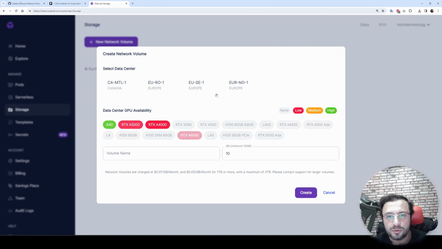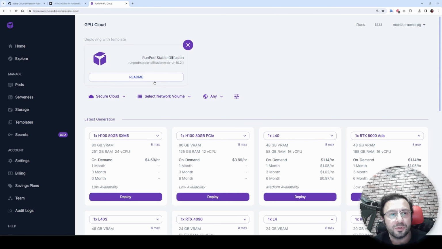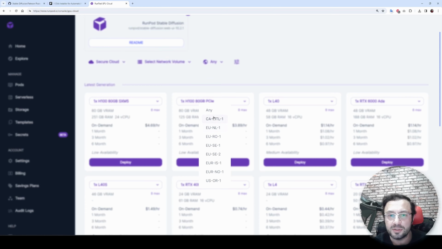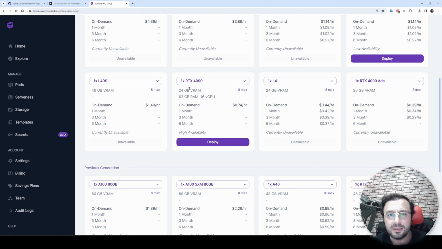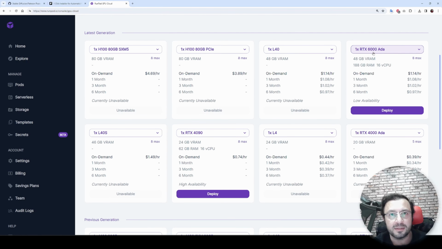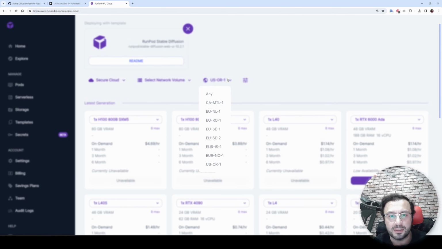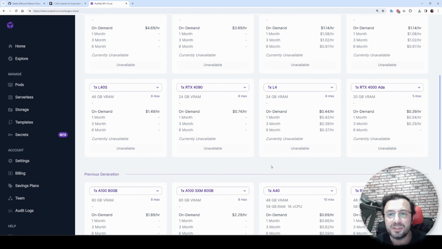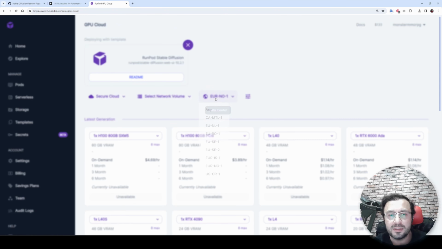Before selecting your region, you can also go to the pods, click GPU pod, and in here select Secure Cloud and look for the data center regions that you are going to deploy. For example, US Orion 1. And in here I have RTX 4090 available, RTX 6000 Ada available, and all others are not available, as you are seeing.